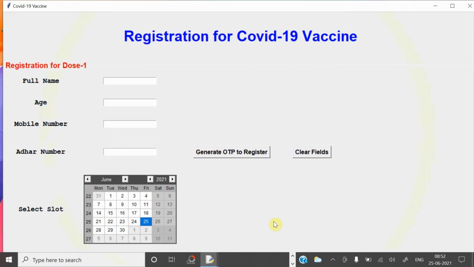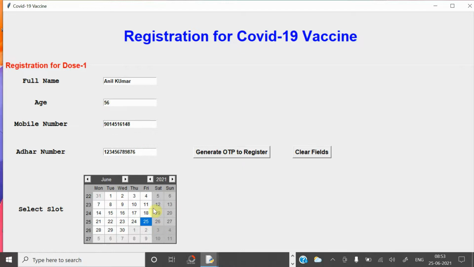So let's design one GUI application for COVID vaccine registration. Whenever you are registering for COVID vaccine, what details do they ask? The very first thing is the name of the person, Samani Kumar or like that, and after that it asks you to enter the age, some 56 I entered. Now it asks you to enter the mobile number, 901451 like this, and after that the Aadhaar number should be entered. It should be 12 digits.